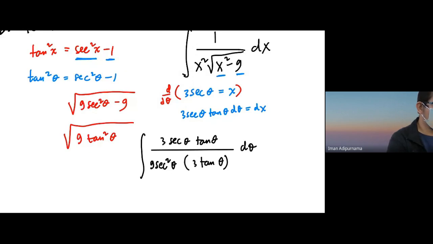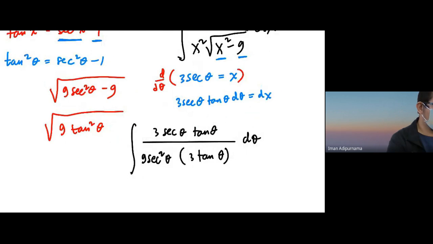Now we can cancel some parts here. We can cancel the 3 tangent and secant. Now I have 1 over 9, and 1 over secant is cos, right? So the integral of cos is just sine. So sine theta is